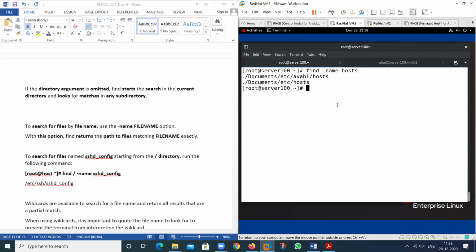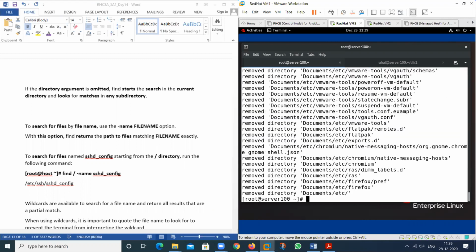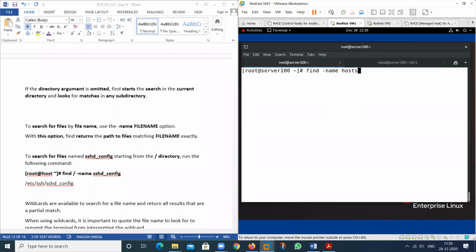Okay, we have also another one. So remove this one, Documents also, etc, then rm -rvf, then see the result. There is no result because I have already told you, if I am not providing the location, then it cannot provide the result.